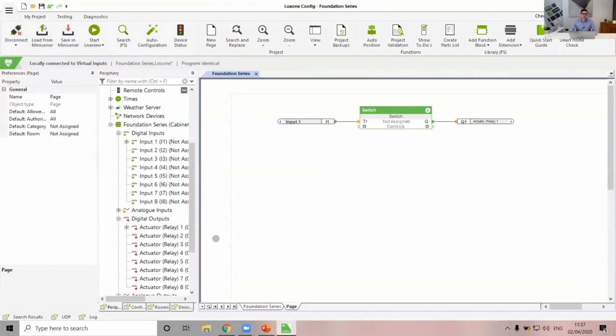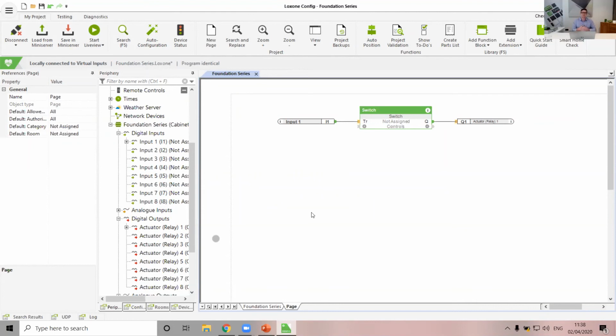And the reason that load from exists is because you may hand over this project and the customer then may start altering things on their system, like their lighting moods, their heating config, various things like that. And if you just plod along the next time you're there and make a quick change and save in, you could overwrite some of their changes. So you could do a load from first to pull all of their changes onto your laptop, then make your changes and